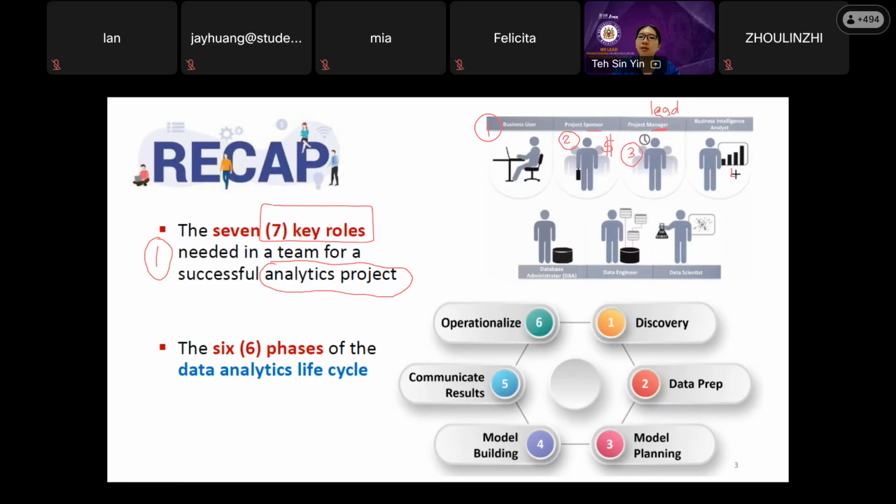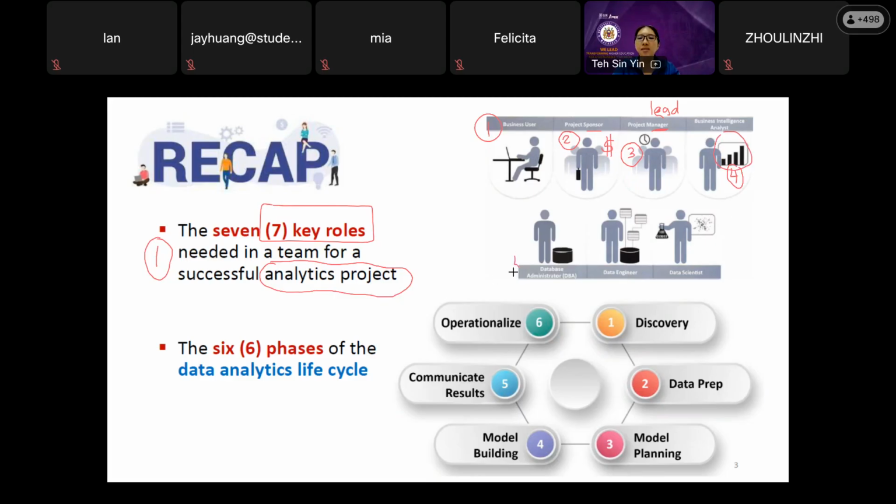And the 4th role is the business intelligence analyst, or we call it the BI analyst. This person will be in charge of the dashboard and the KPI reporting. You see this dashboard here, right? The chart there. So it is for the dashboard and KPI reporting.